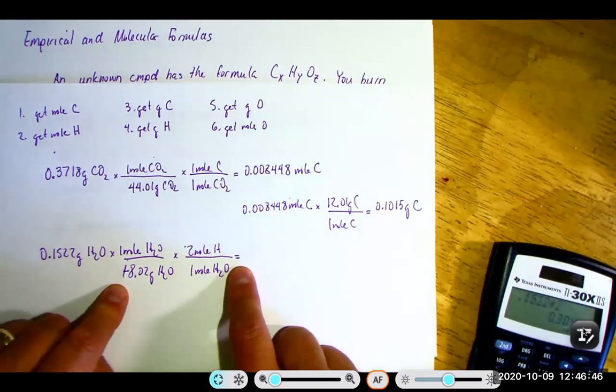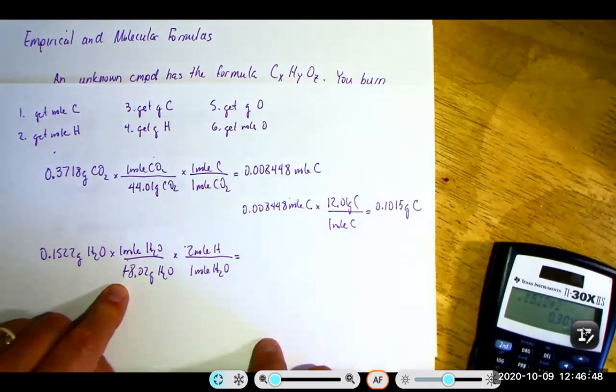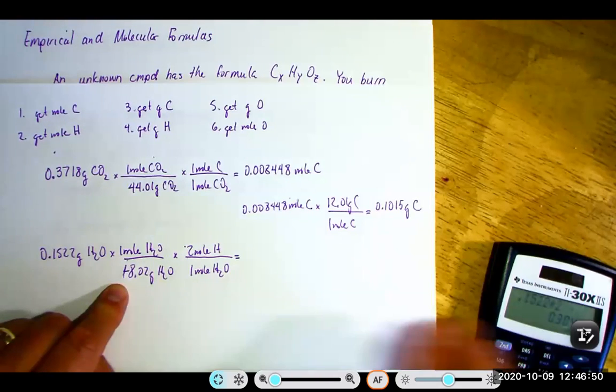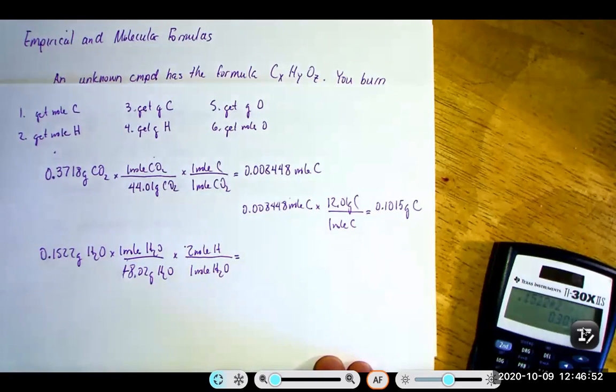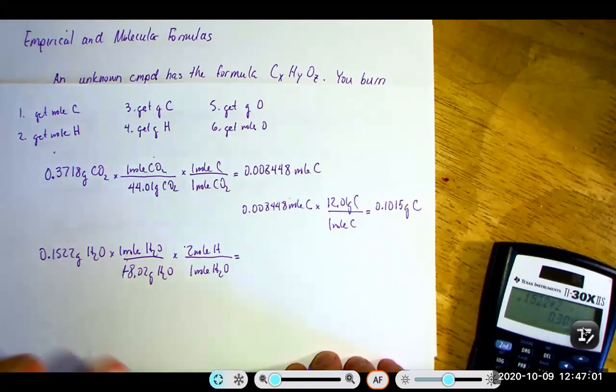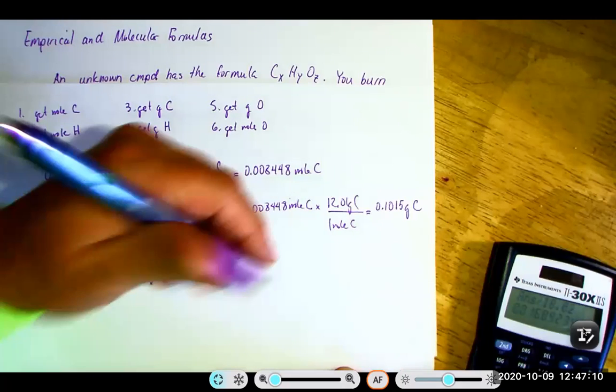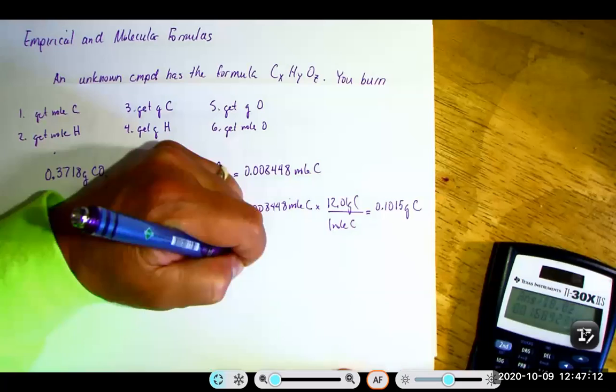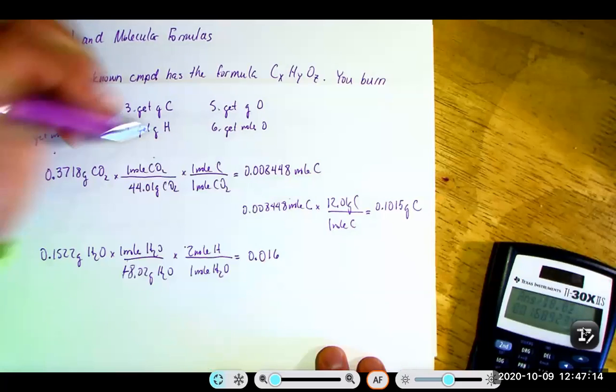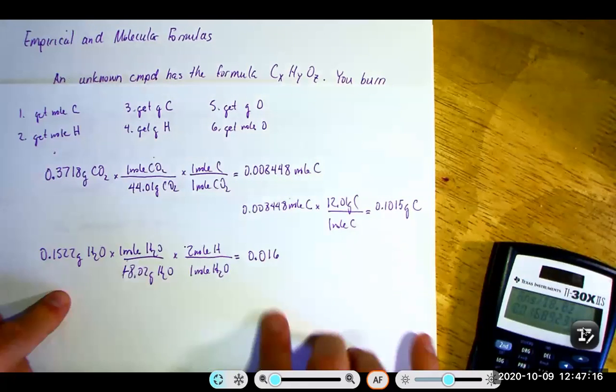So that means if we had 0.18, we get 100th, and 0.3 should be more like 0.02 or something like that. So let's see what we get. Divided by 18.02, and we don't get 0.02, we get 0.01689